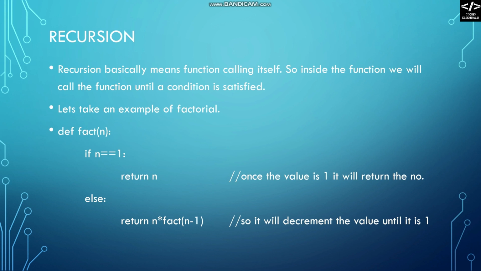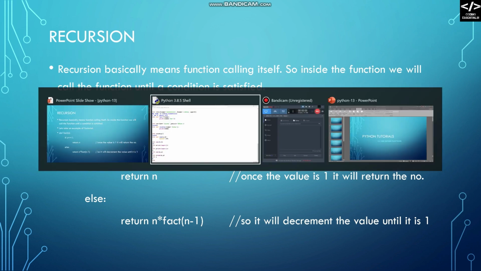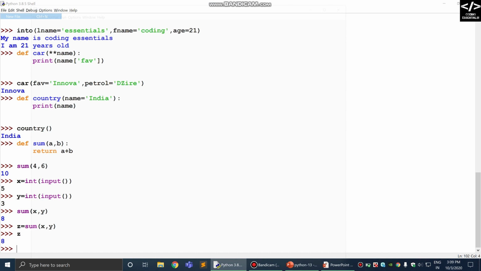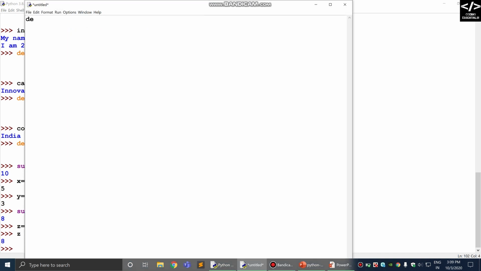So inside the function we will call the function until a condition is satisfied. To understand the concept of recursion, let's take an example of factorial. We will form a function that will return the factorial of the inputted value. So let me open the script mode. Define fact n, then if n equal 1, return n,